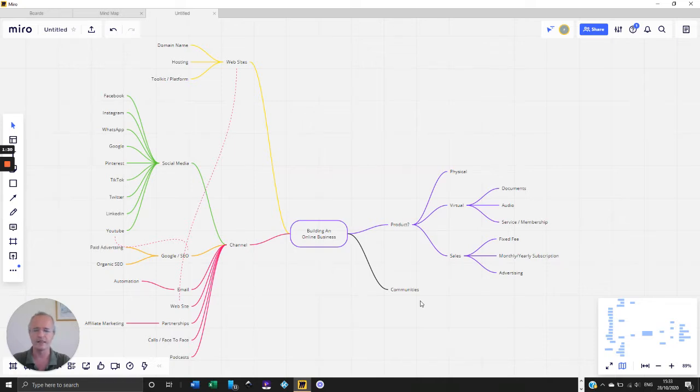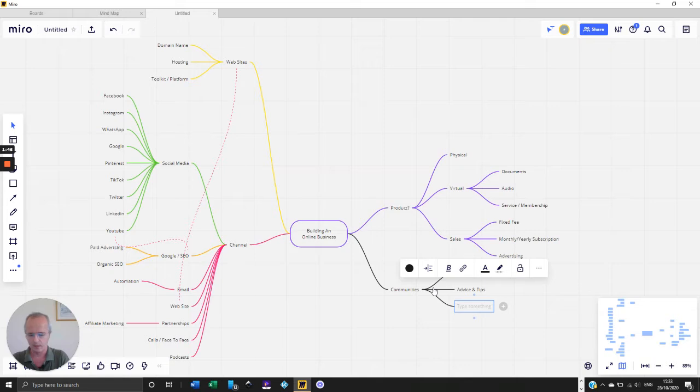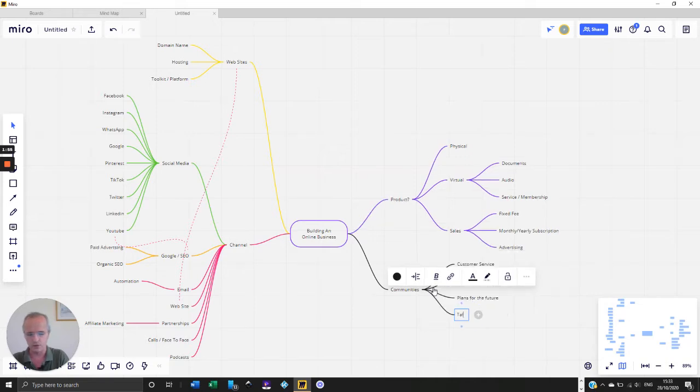They want to get new information about your products, updates, etc. So with communities, the kind of things they're looking for are customer service, advice and tips, plans for the future of your products and services, talk to other users of your products and services.